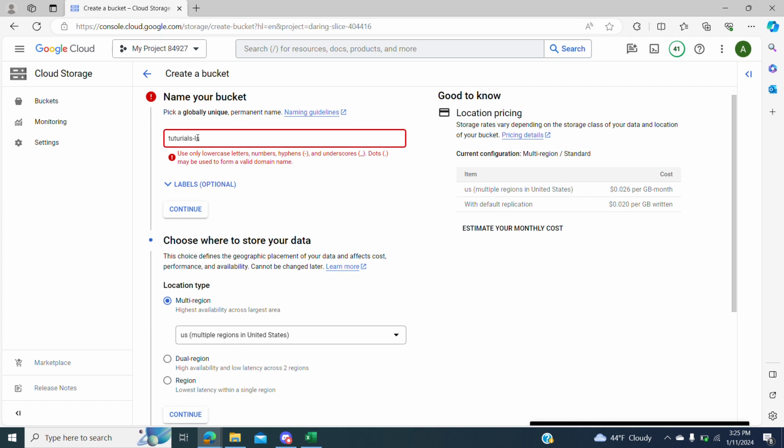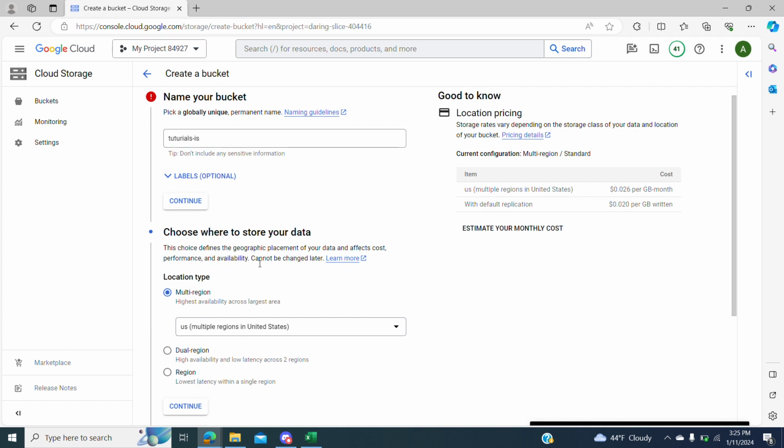The names are case sensitive, and every time that you try to create the name of your bucket, try to follow the rules of Google Cloud, so it doesn't prevent you from creating. Here are naming guidelines that help you create a unique name for your